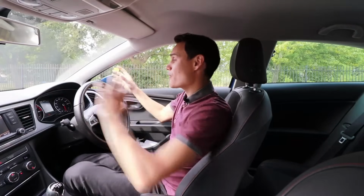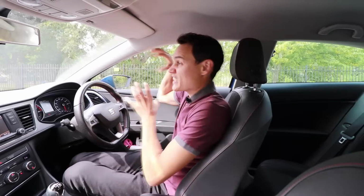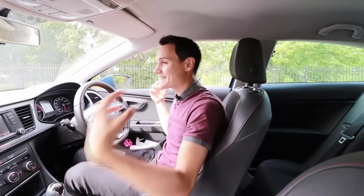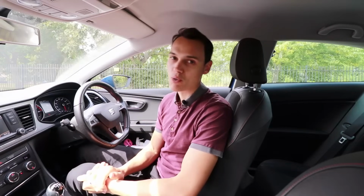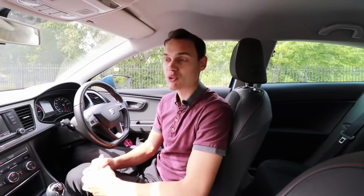And because when you're using a reference point, you're looking at only one side, you miss the other side. Also, if it is a really narrow gap and there's actually a car there instead of just a curb, you can actually look at the wing mirror on either side regularly to see if you're going to clear the space. But again, you're going to be very slow. You're going to have the clutch down definitely, maybe 1, possibly 2 miles an hour. Or sometimes my speedo registers 0 because I'm not even doing a whole mile an hour